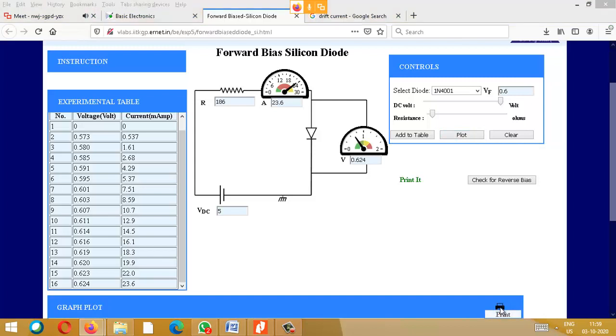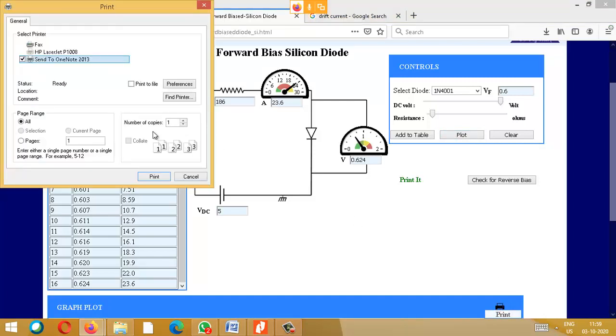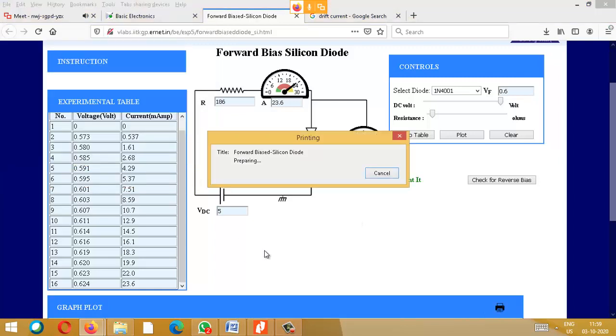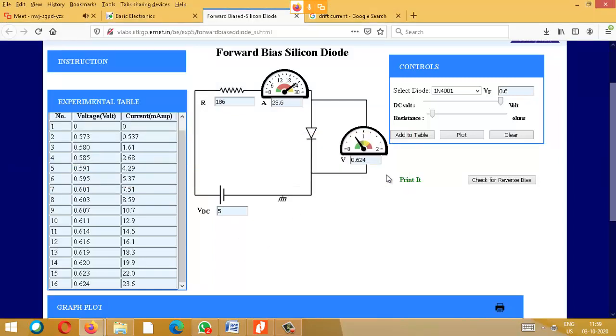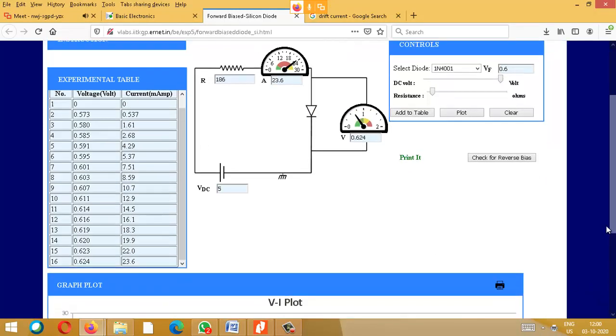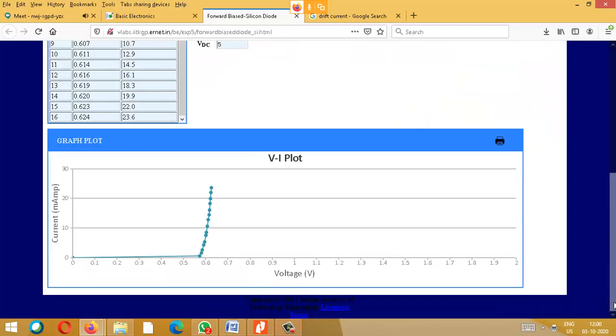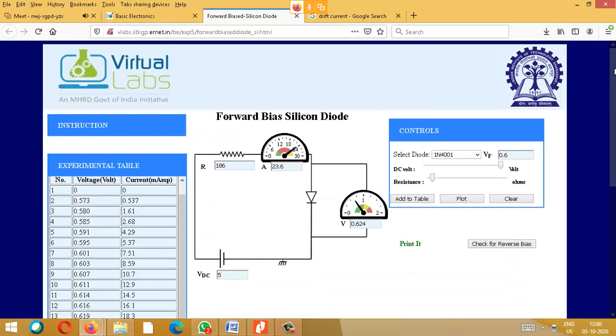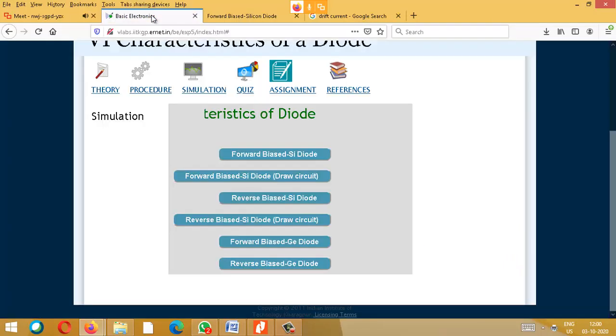You just press on this particular screen, and if you have Adobe full version, then you can save it as PDF, or you can draw it with your pencil itself. Okay, just in a graph sheet you try to draw this. For record or for university purpose we will take a printout. Now that is not an issue. Okay, so this is for forward bias.